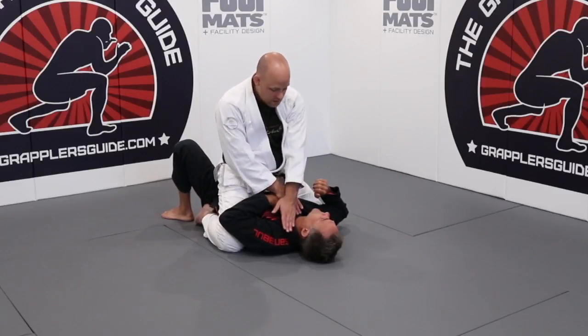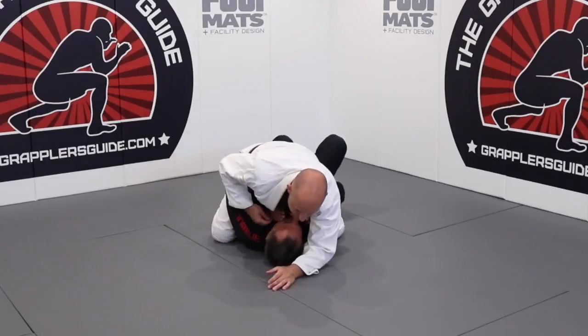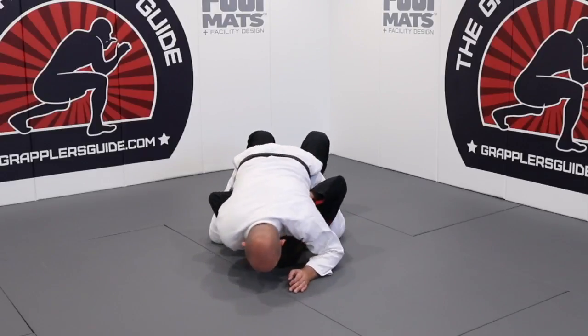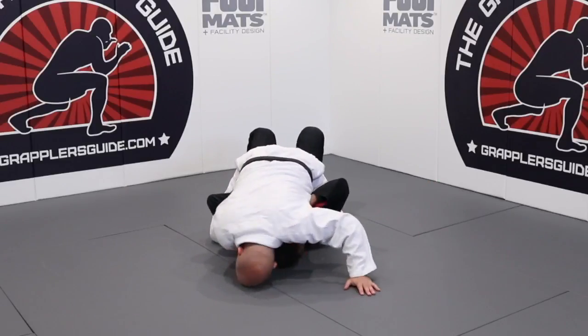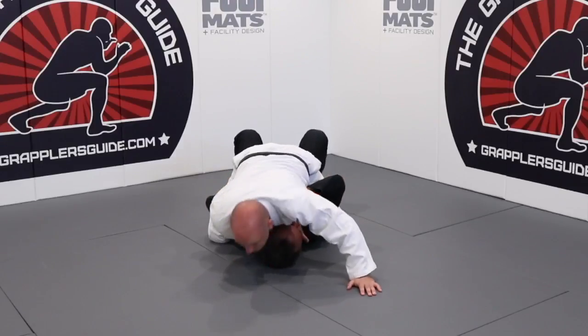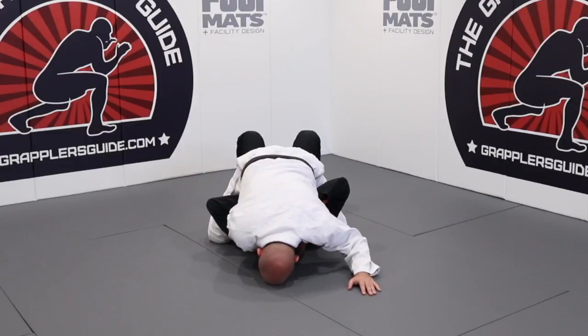opening up this side of the neck much easier. So when I'm here, I was able to get my hand inside, curl. Here, I'm down low, and then I'll grind his head facing this way, and then my head goes on this side. Here, my feet are still active, just like how we talk about in other mount positions. Here, like this. Now from here, when he goes to move around,